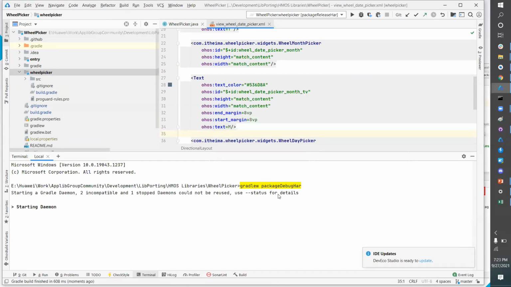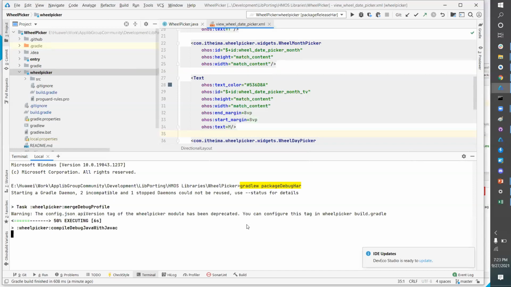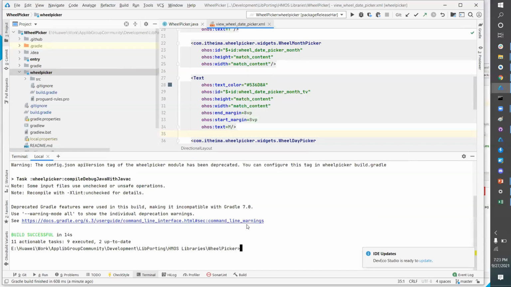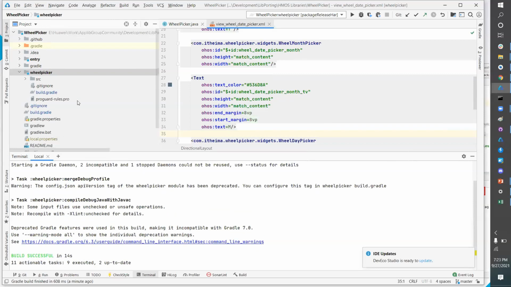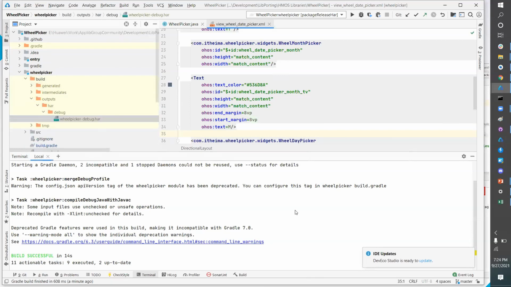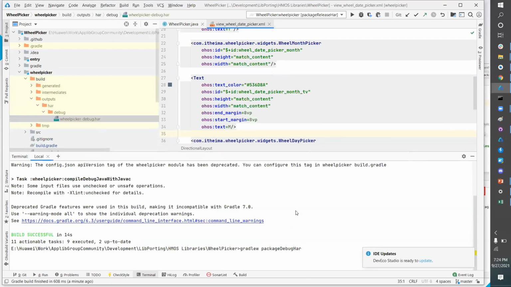So we have to run this command. Basically, the Gradle tool also runs the same command, so here we are directly doing this. We just had to refresh it. And you see, again, the debug file is present. Same thing if you want to go for the release, no difference.